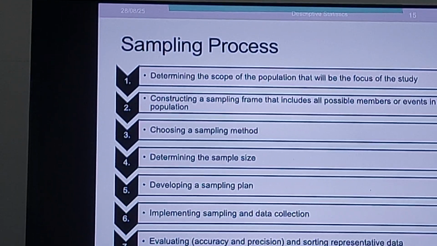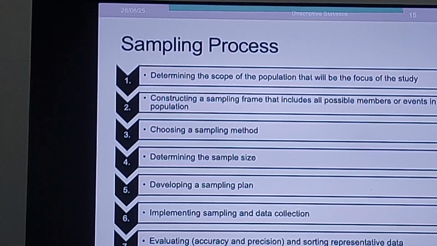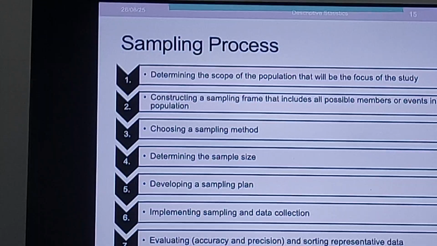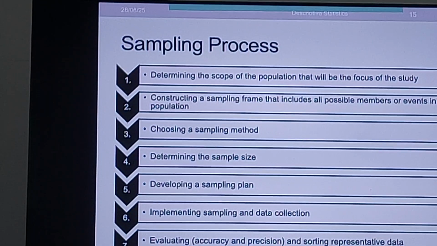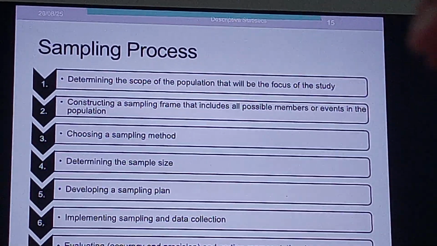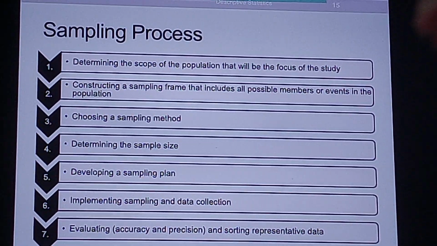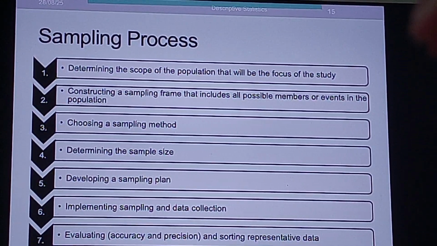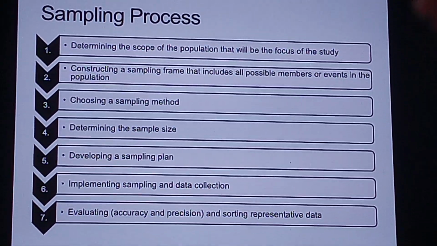But in the second research, it's different. The second research already determined that the scope is industrial engineering students. Then, if you take from industrial engineering students randomly, it's still okay. Maybe you take only 30 students from 800. Is it okay? But it will be false if we take not only from industrial engineering but other departments, because the scope is only for industrial engineering. So it is important to define the scope of the population in our research.